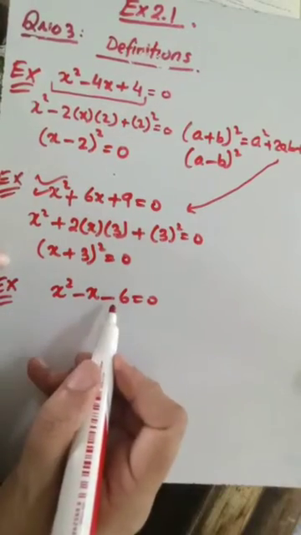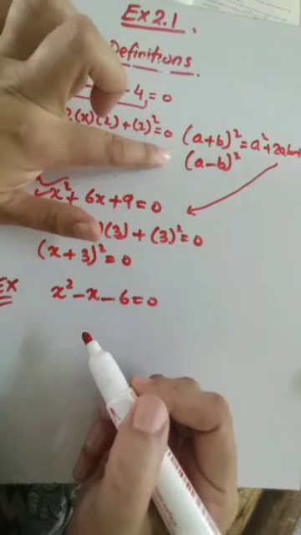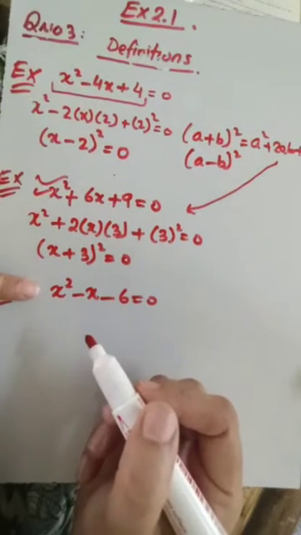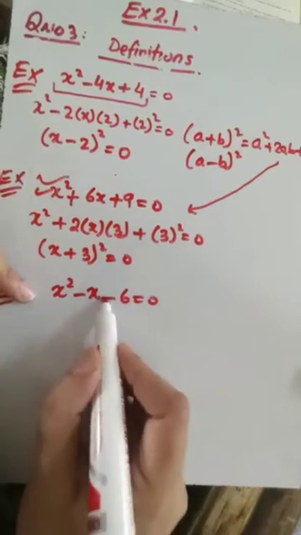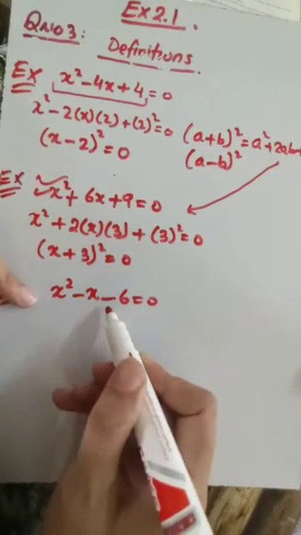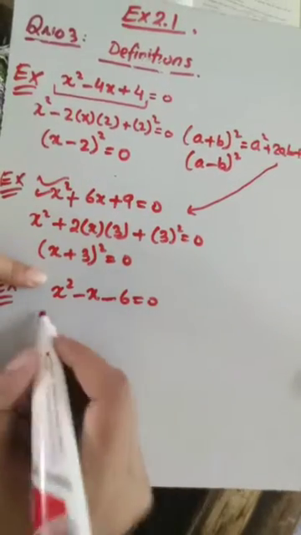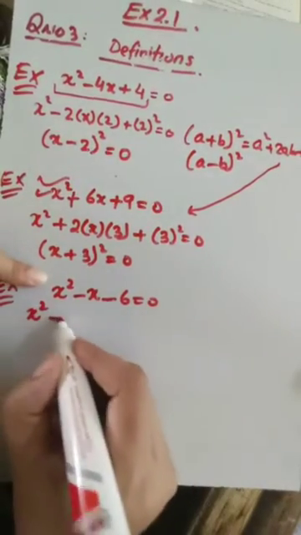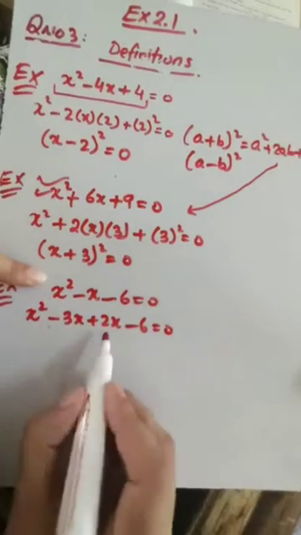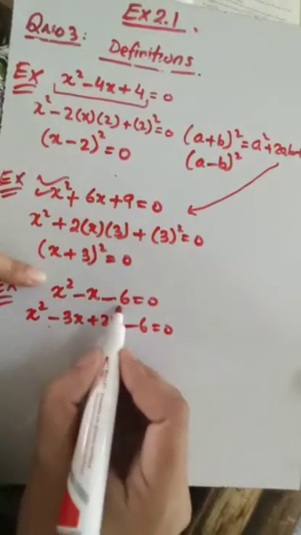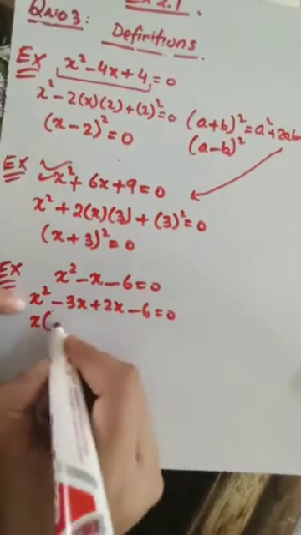To check whether it is a perfect square or not, obviously we try to write this in this form through factorization, as you have already done factorization in class 8 and 9. You may see that this cannot be written in this form. If I factorize it through the splitting method, what am I going to get? X square minus 3x plus 2x minus 6, because negative 3 and 2 are the two numbers whose product is negative 6 and whose sum gives you negative x. Okay, if you factorize it, what do we get?